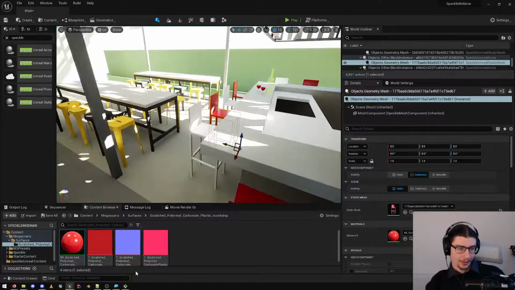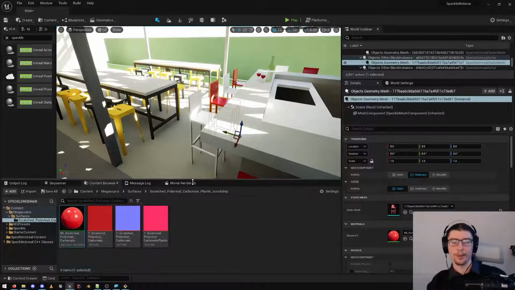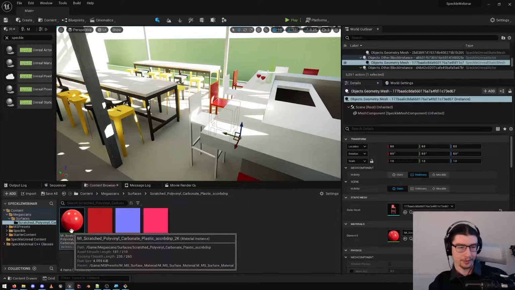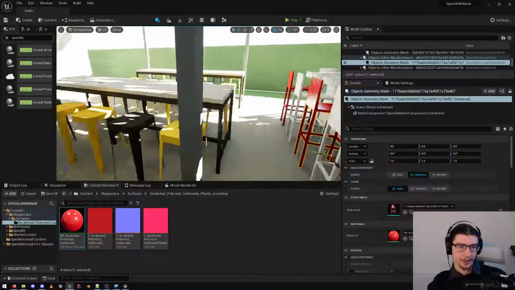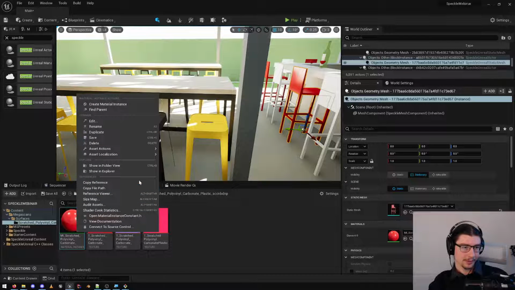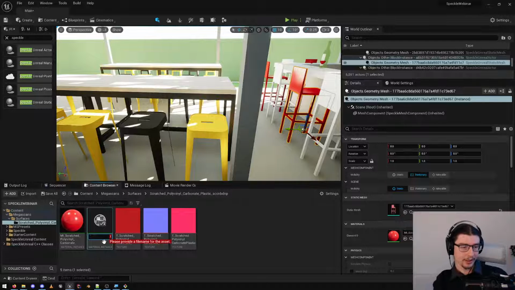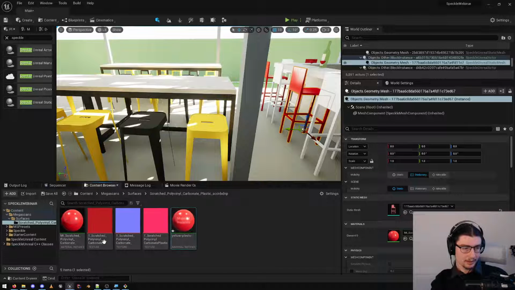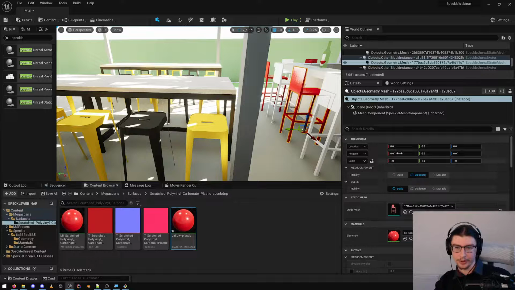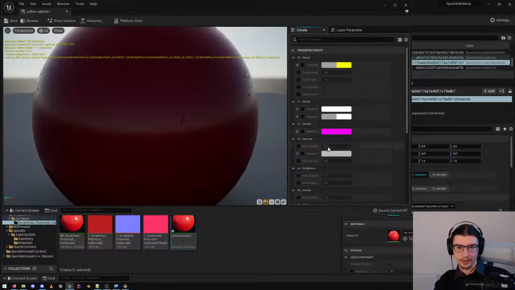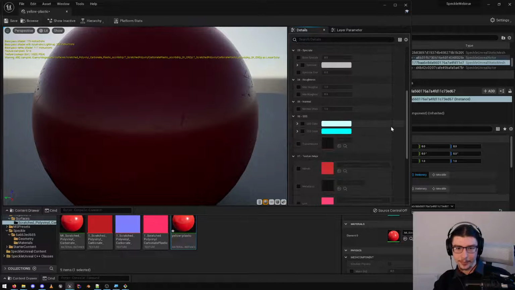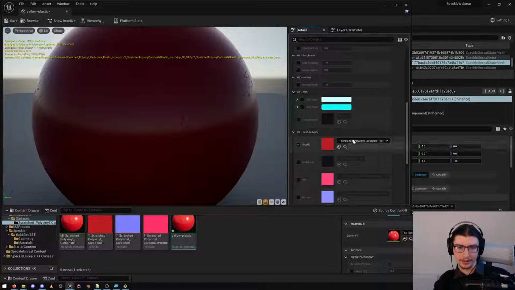And what we can do as well is, we were quite lucky that Quixel had a red material here. For something like these yellow chairs, it's quite simple just to create a new material instance of this material, so it will look exactly the same. We'll just call this yellow plastic. And we can just quickly change this so it is actually yellow rather than being red. So if we go override the albedo color, we can